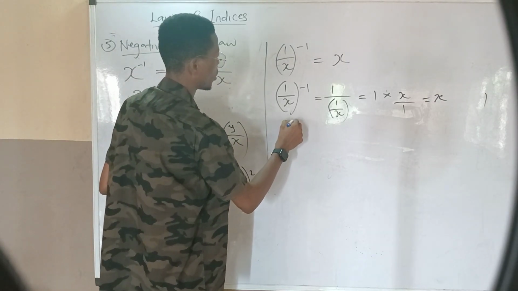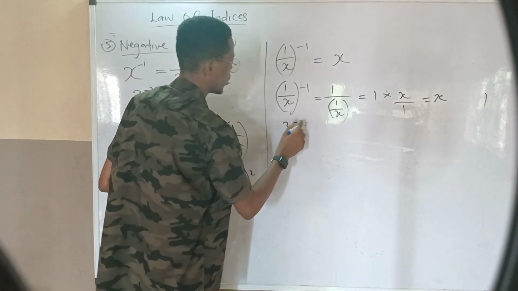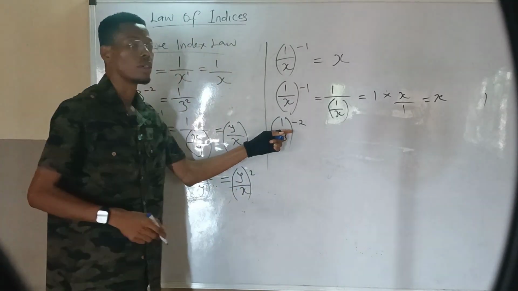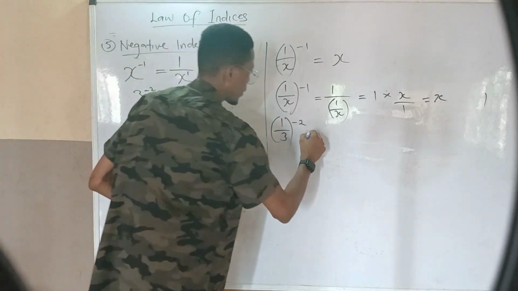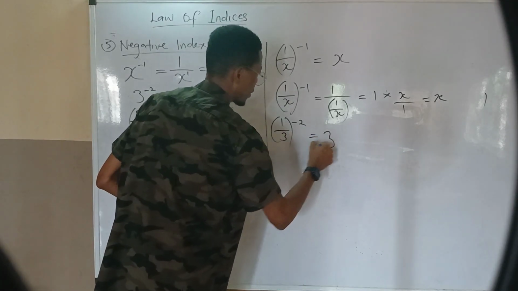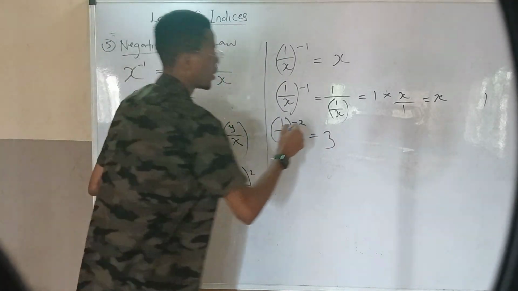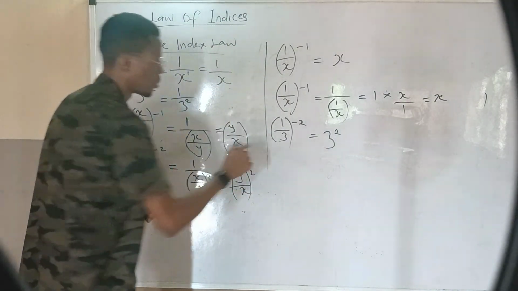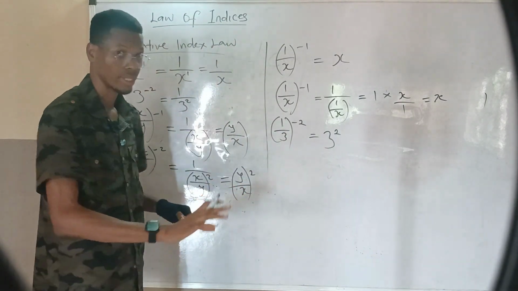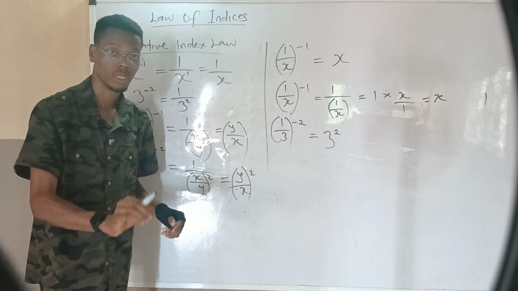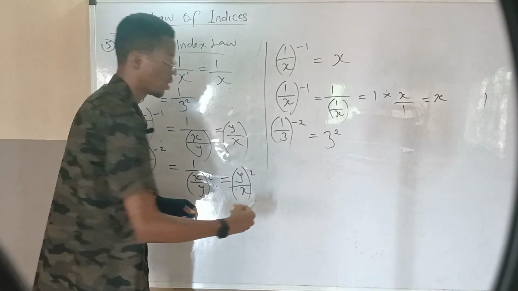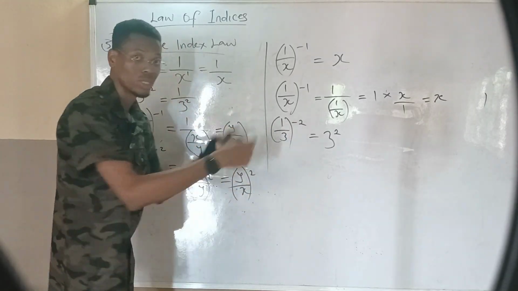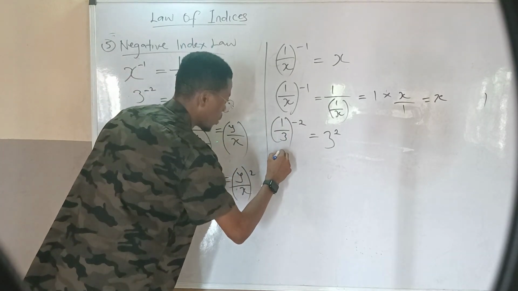Let me use a number to give an instance. If you have 1 over 3 raised to the power of minus 2, my answer is 3 raised to the power of 2. How? Let's break it down. That is the essence of Veteran Science Academy, to break it down so that you understand the basis of all these things. Now, this negative index shows us the reciprocal. So, 1 over 3